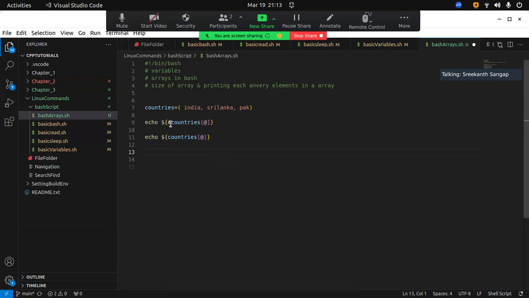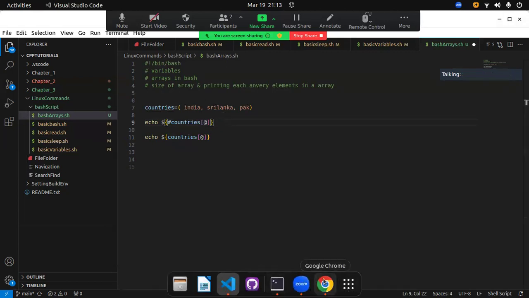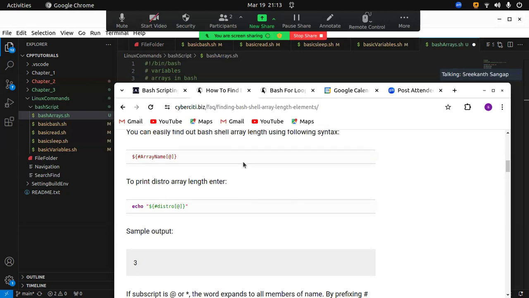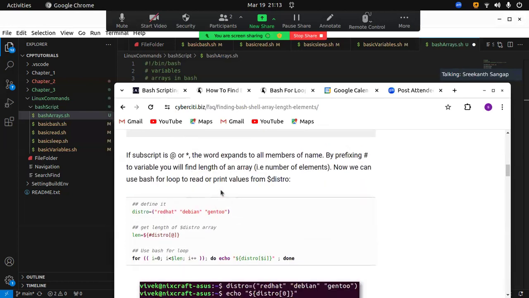We can just put echo, dollar, and ampersand. Now, what are the previous scripts that you have? You can just put it. Then we will do this, iterating each and every element over and